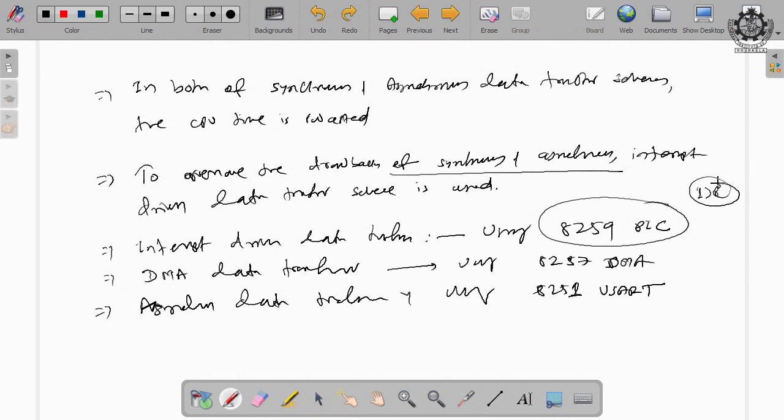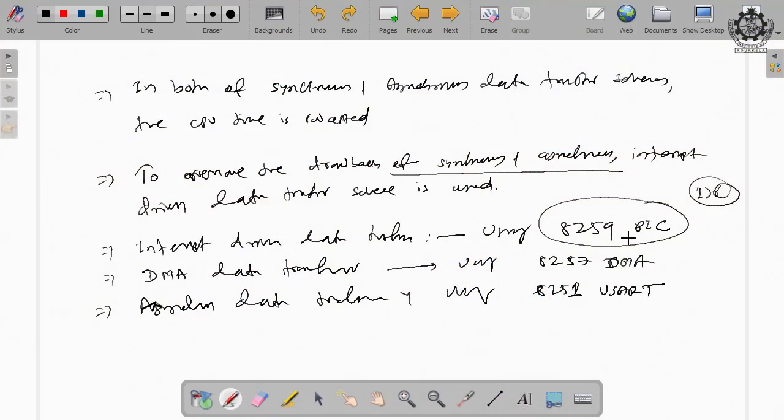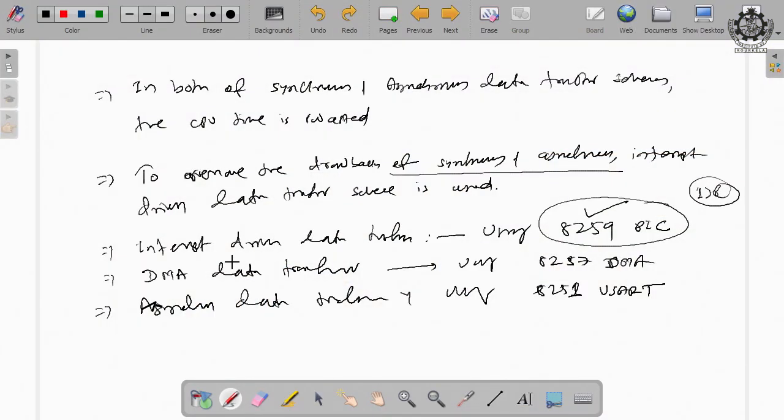We have already discussed how we can use 8259 to support interrupts, and one of the tasks of an interrupt is to transfer the data. It can transfer the data, or you can do any computation, or you can do some special type of communication. All these are tasks of the interrupts. So, using 8259 the interrupt driven data transfers are possible.